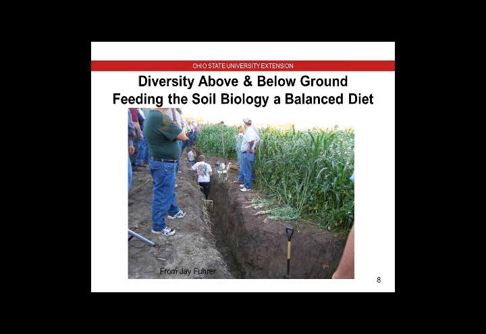We're looking at diversity both above and below ground. We want to try to feed that soil biology a balanced diet. I like to say that these microbes will work for you, but you have to feed them. And the majority of the time, the microbes live under starvation conditions. If you have live roots out there, there are anywhere from 1,000 to 2,000 times more microbes associated with live roots, and that's going to increase your soil fertility. As a matter of fact, I have a new definition for soil microbes. They're basically soluble bags of fertilizer.